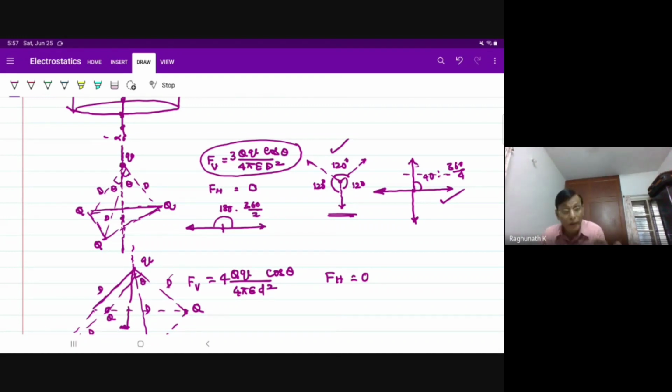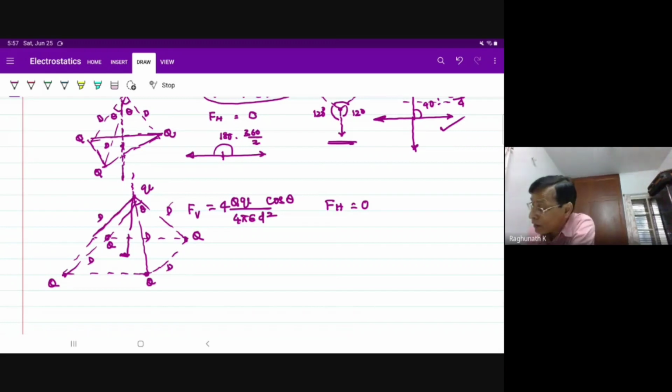In fact, now I will talk about one more thing. If two charges are kept along a straight line, at any point on the perpendicular line bisecting the line joining these two charges, if this is R and this is R, at every point, if I say this is Q and this is small q,